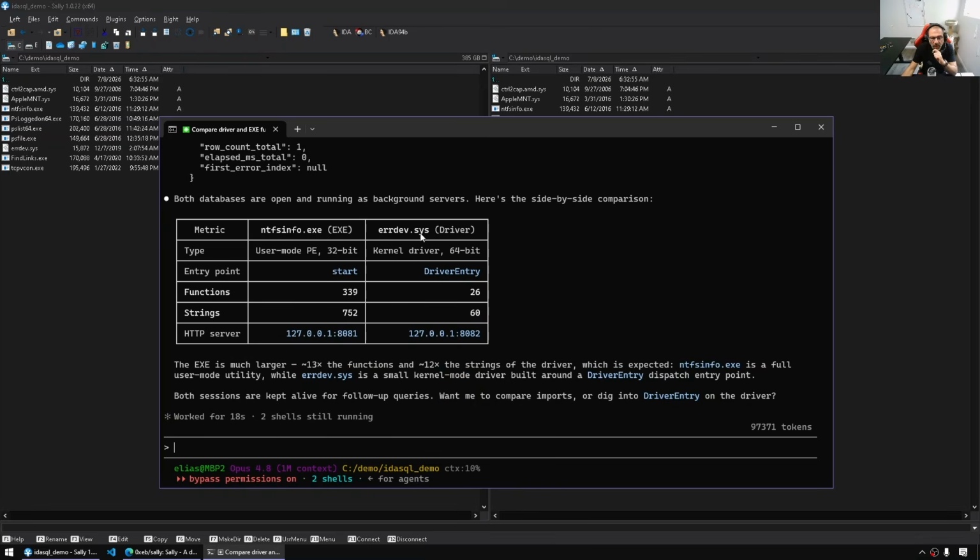Now I can refer to the exe and the driver in my analysis. Where's the main function in the exe, and can you also decompile the driver entry for me? Now that's where we specialize a bit. Just to make sure the model is going to perform nicely, we can nudge it to use specific skills. So I'm going to say